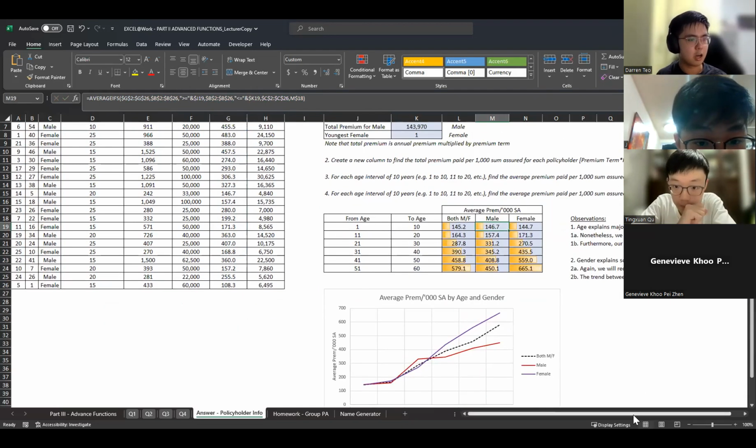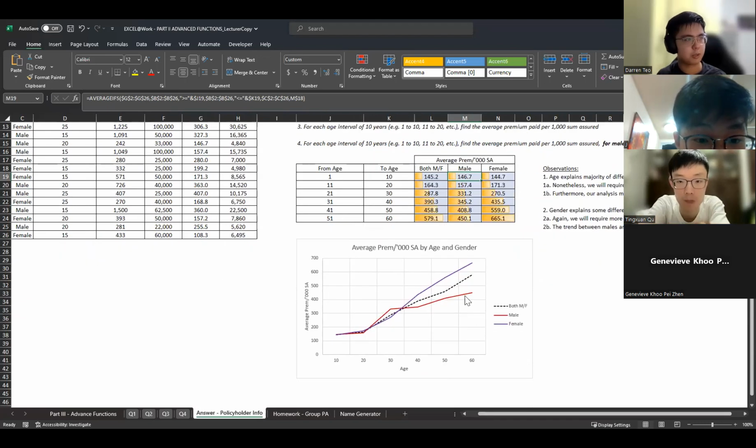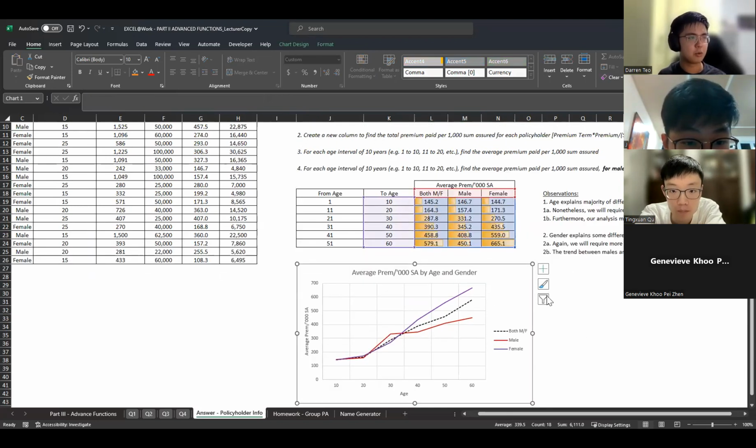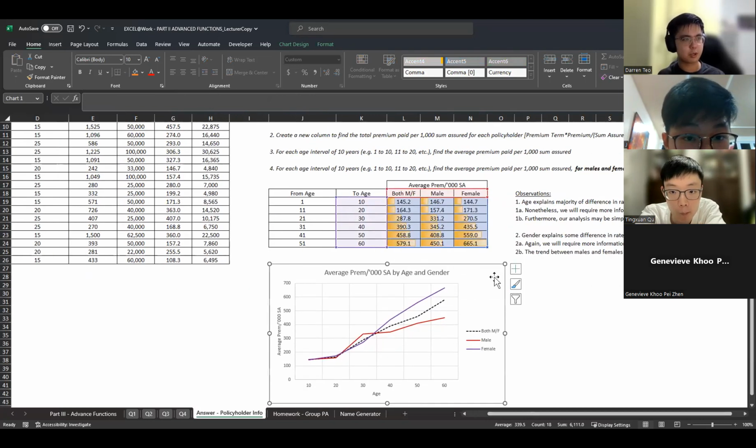Okay, and then once you plot this graph, once you have these values, this will automatically pop up if I'm not wrong. And then you have this graph over here. So in general, the observation you have is quite clear. As your age increases, your premium increases in this particular scenario, right?